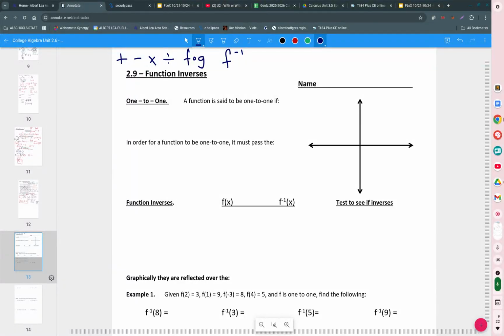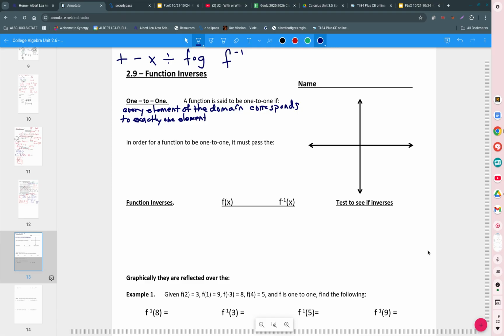Because function inverses don't work if a function isn't one-to-one. What does it mean to be one-to-one? A function is one-to-one if every element of the domain corresponds to exactly one element of the range